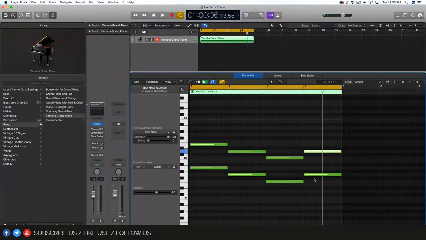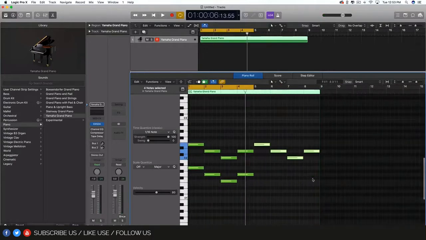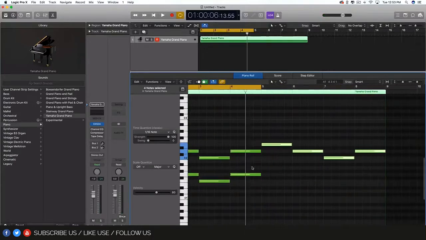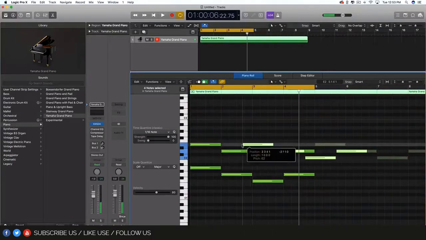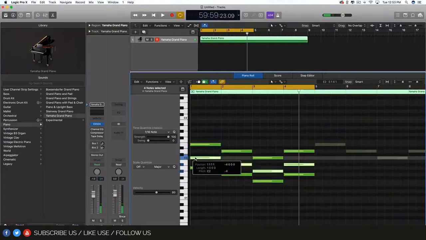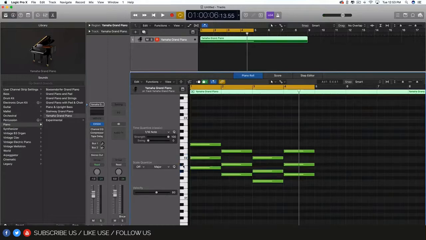And watch this, we need one more layer of notes. Now I'm going to show you a cool trick here in Logic Pro X. I'm going to take these, I'm going to hold Command and click R, and look at that. We got 4 notes nicely duplicated. I'm going to sit these right in the middle of each of these notes, and I'm just going to go ahead and move these keys